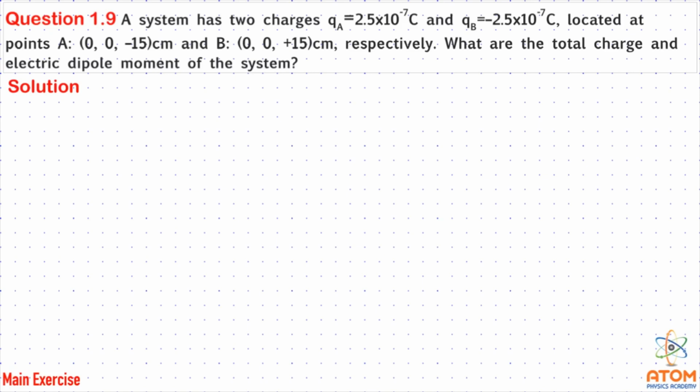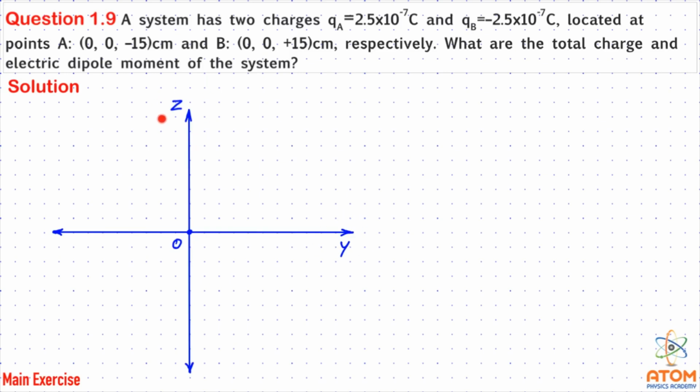Let us see. First of all, here is the coordinate system, this is the y axis and here is the z axis, and the x axis is perpendicular to the board, or say to the page, which I have not shown. I am going to place a dipole here on the z axis, because both the coordinates are on the z axis.